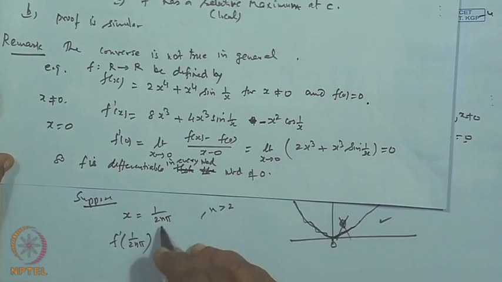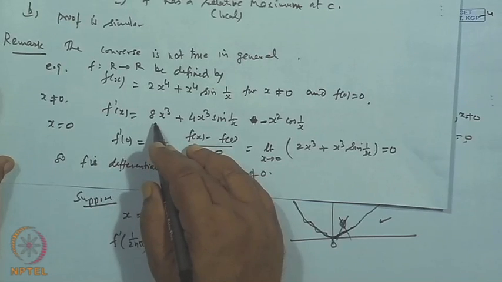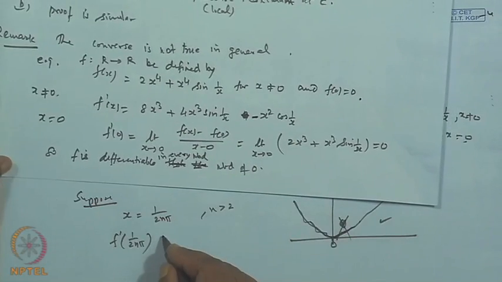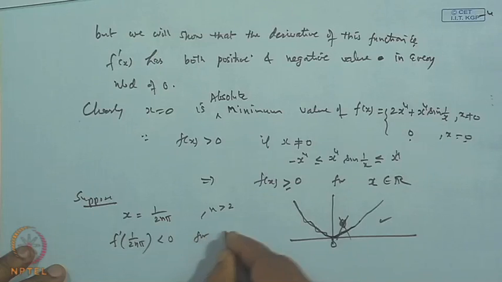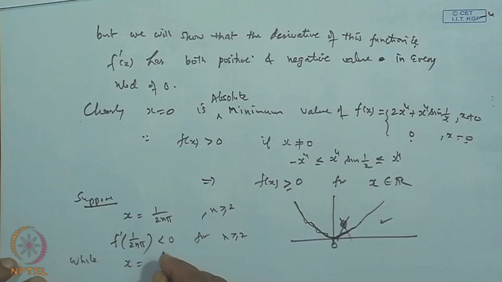So, when we take n greater than 2, 4 into pi becomes more than 8 in fact. So, we get this value negative. And in fact, we can show that this is negative for n greater than or equal to 2,